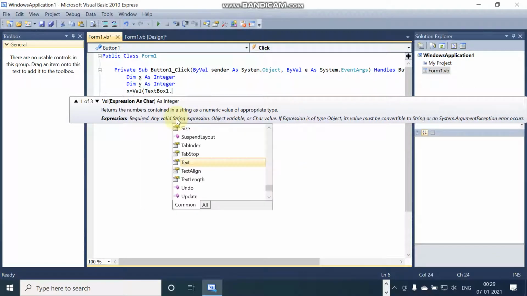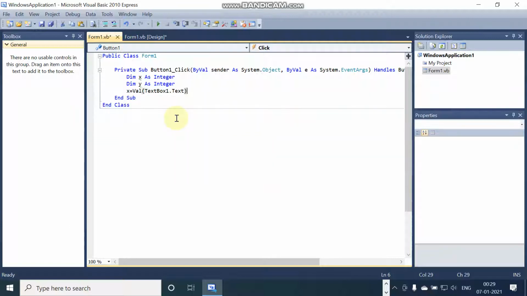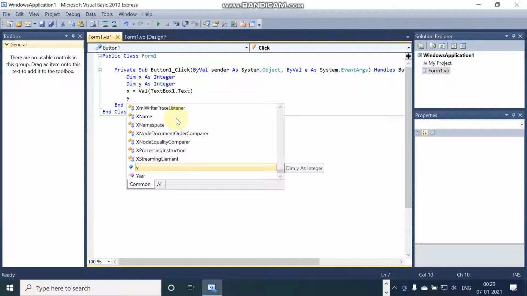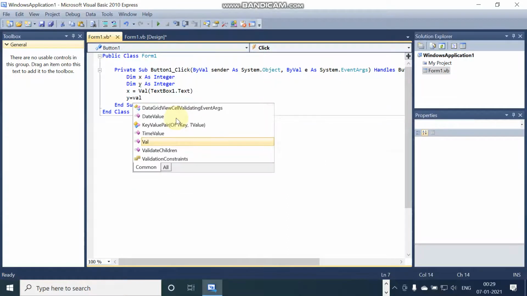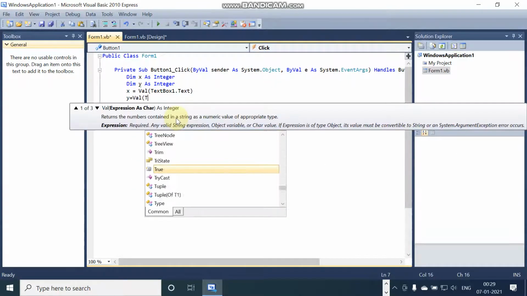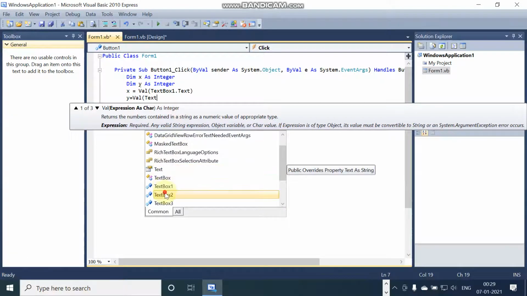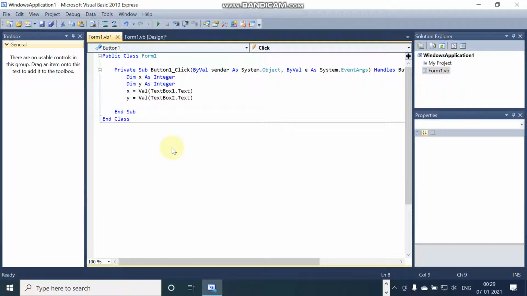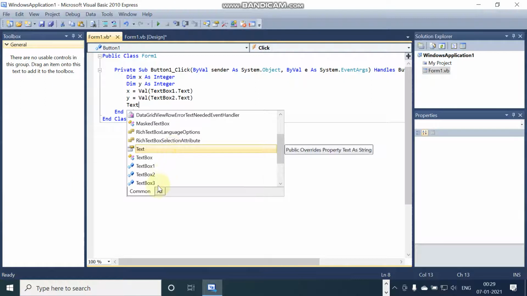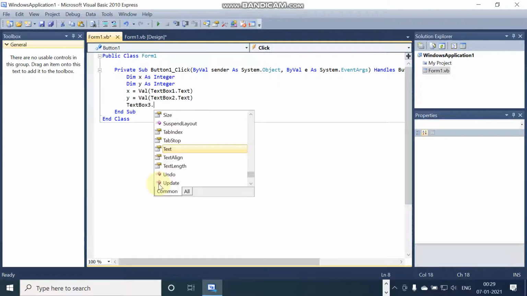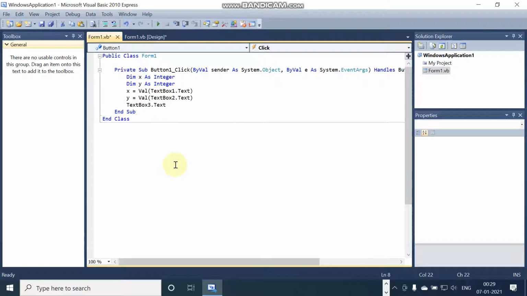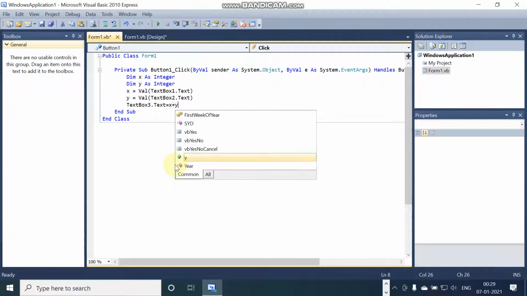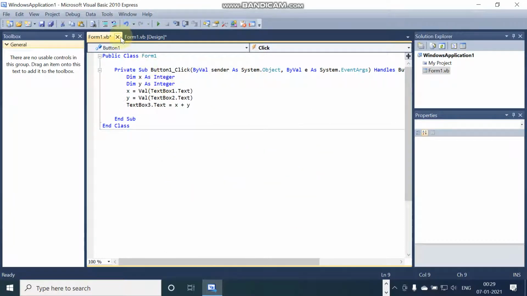That means we are taking the text box value into x, and then y = Val(TextBox2.Text), and then TextBox3.Text = x + y.